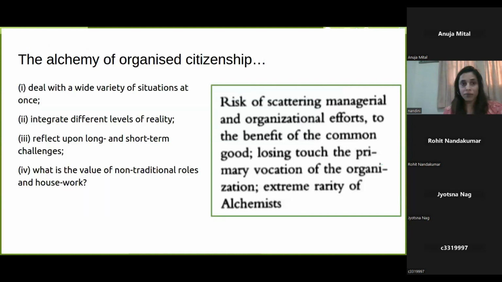And then just thinking of such organized citizenship and such organized behavior is obviously challenging, because one has to deal with a wide variety of situations at once, right? We also have to integrate different levels of reality with respect to the site, what is important. There are also very important long and short-term challenges that we need to think about. So if we were to say, yes, let's all work through this model, a long and short-term challenge would also